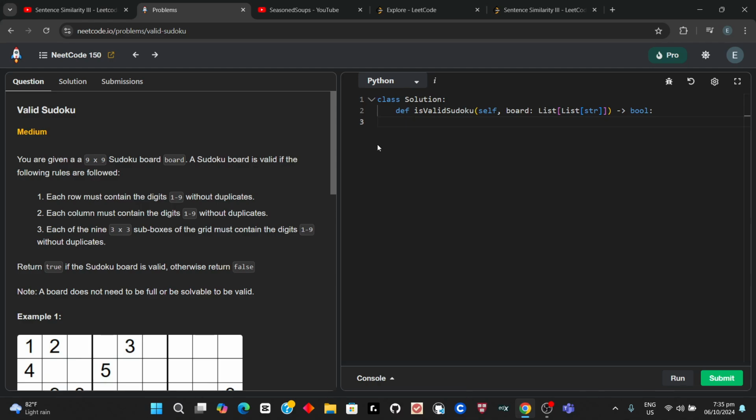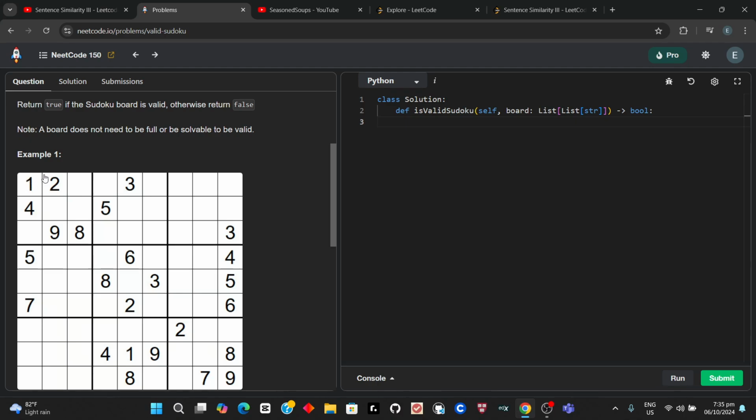So this is question number 8, Valid Sudoku. I already watched the solution, so I know the answer, but I don't remember it. All I remember is that we have to check if any numbers inside the Sudoku are repeating. So if we get a 2 here again, that means it's not a valid Sudoku. And likewise for the column, if the current row's number is already inside the hash set,